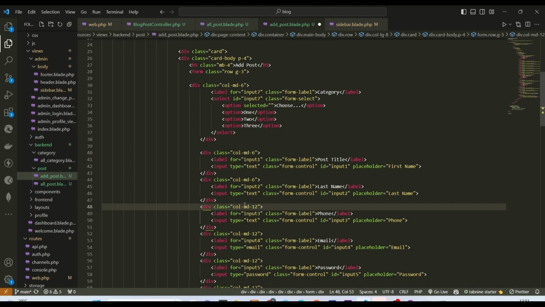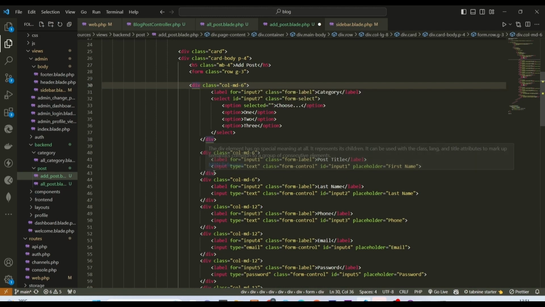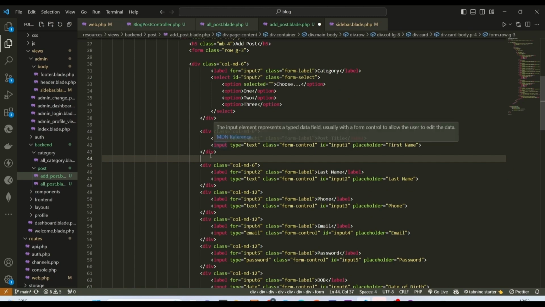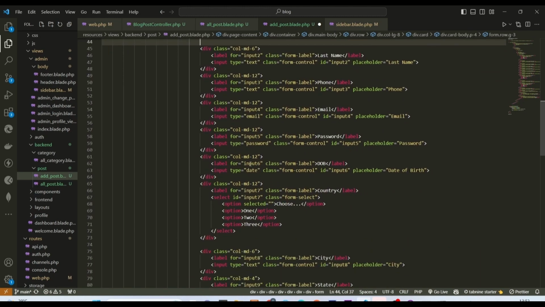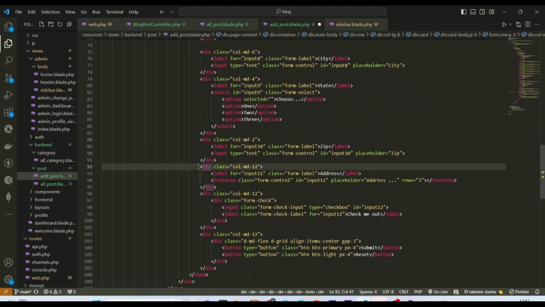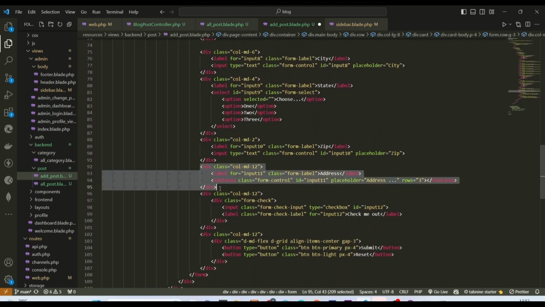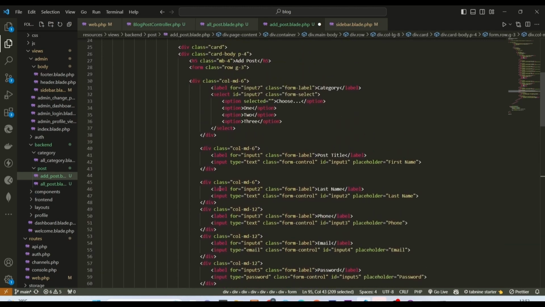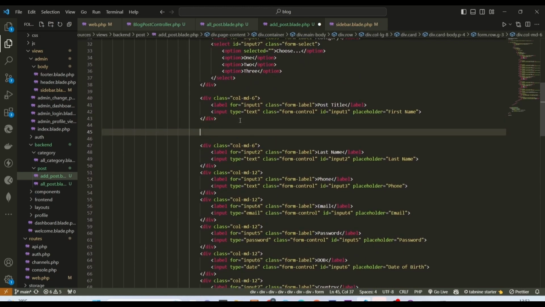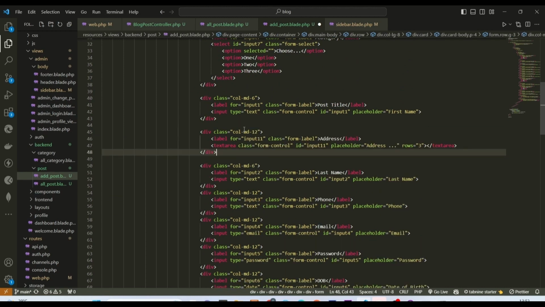So now what we want to do is, as we created this for our category, which is a select form, we also want to create a div for our description, not an input, a text area. We have something similar below, so we'll just copy this address, copy it, and paste it after post title. Now I change this to